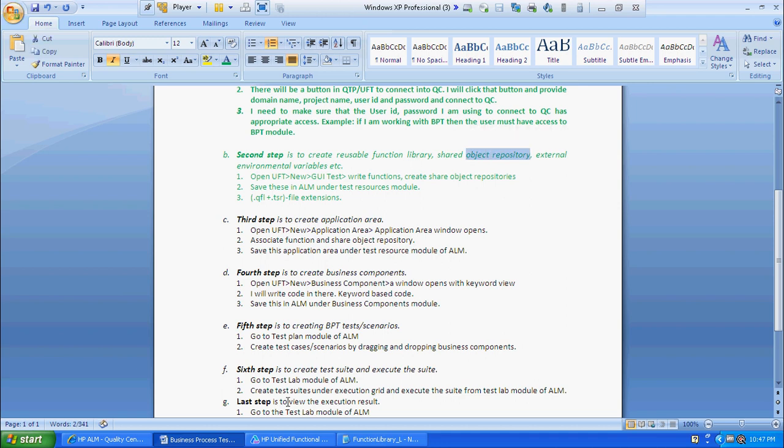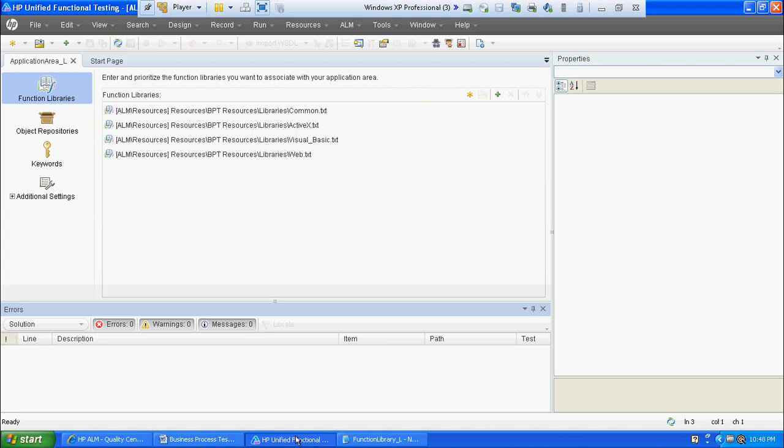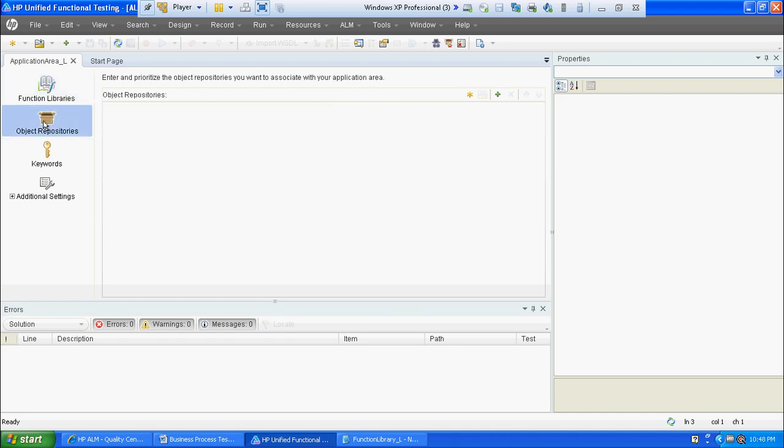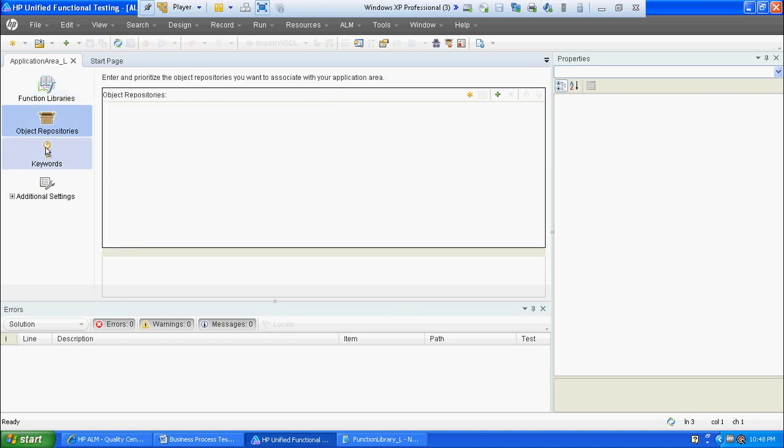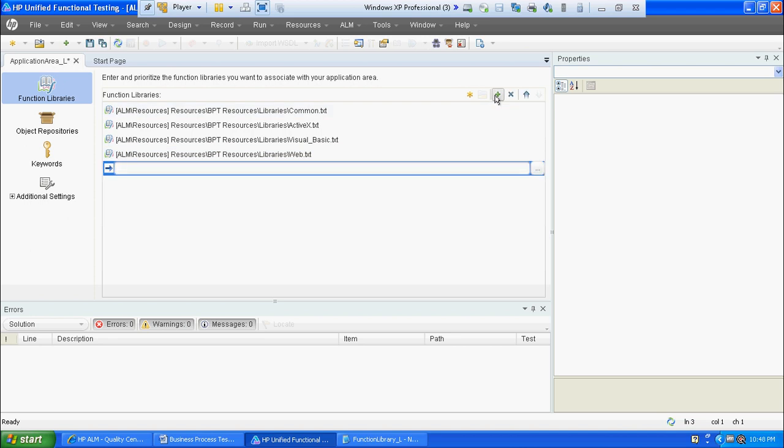These 2 I just created. This one and this one I just created. So that I have to attach with this function library. So function library with this application area. So under function libraries tab, there are 4 tabs. This one, this one. So I have to click function libraries and then I have to load. I click here, I will click here,